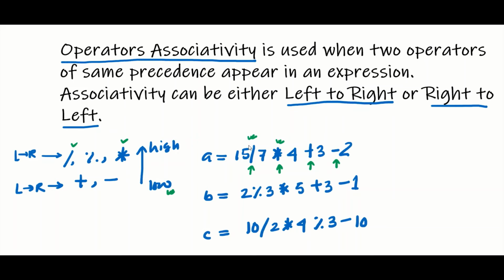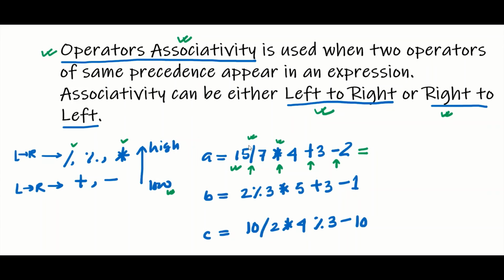and subtraction. So whenever there is an expression where multiple operators with equal precedence are present, then operator associativity can help us decide which operator will be evaluated first. In this expression, we understood this division and this multiplication are equal in precedence. So associativity needs to be followed now to break this tie. Associativity tells us that it is either left to right or right to left.